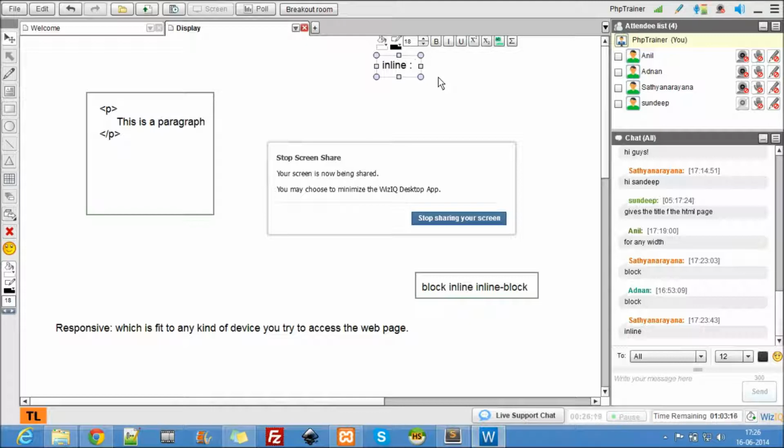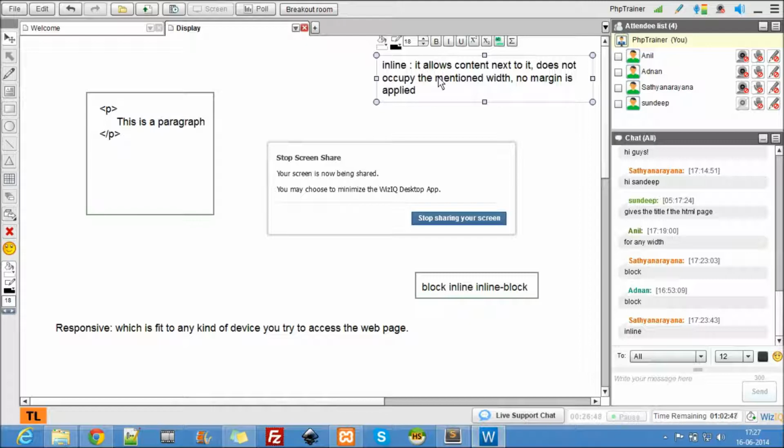So the only property of inline is that it places content next to it. It allows content next to it, does not occupy the mentioned width. No margin is applied unless you mention it.